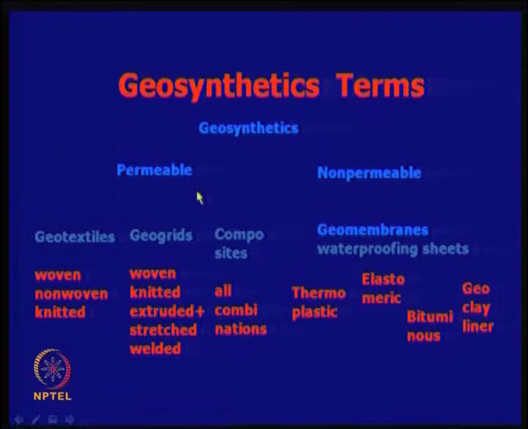So, you have some of these materials, and non-permeable means geomembranes. In the case of textiles, water permeation is possible, or even permeation of any of the fluids is possible. But geomembranes are impermeable, their permeability is very low, and they are from different families. One is called thermoplastic, another could be elastomeric, and sometimes we coat the materials with bitumen to see that the permeability is quite low.